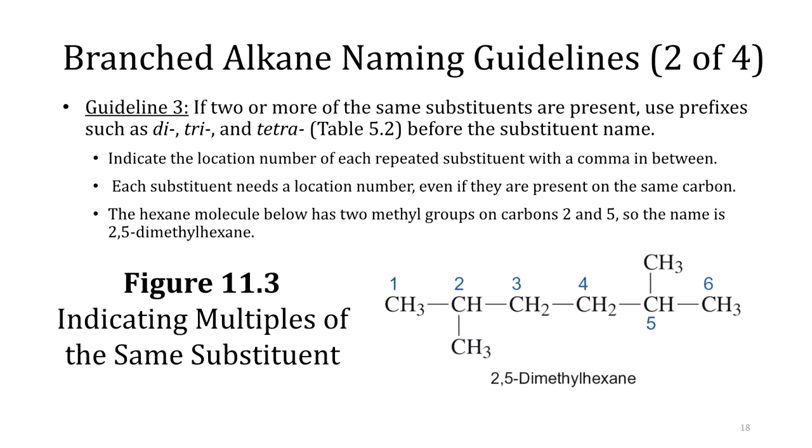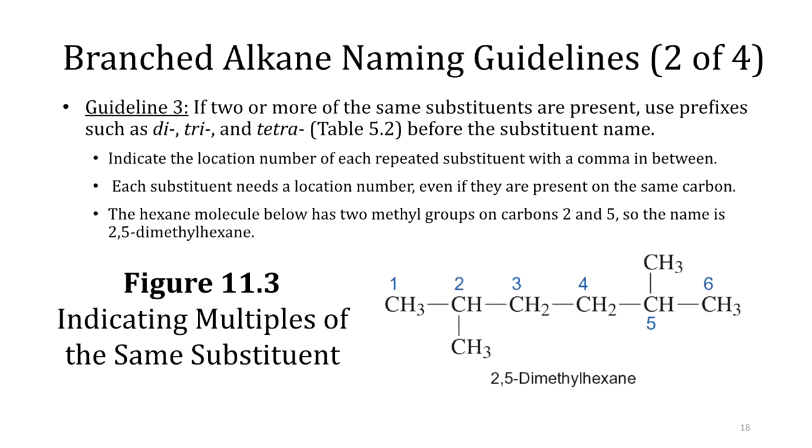We have to indicate the number of each methyl group on the system. Each substituent has a location number, even if they're on the same carbon. And then we have to say how many of those we have. So for example, if both of the methyl groups were on position 2, we would call that